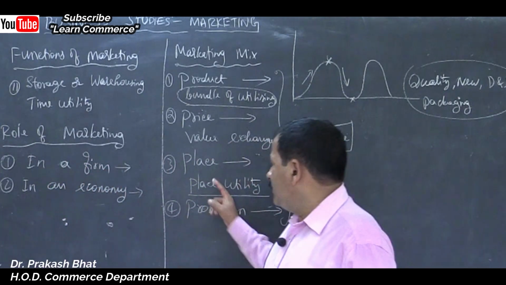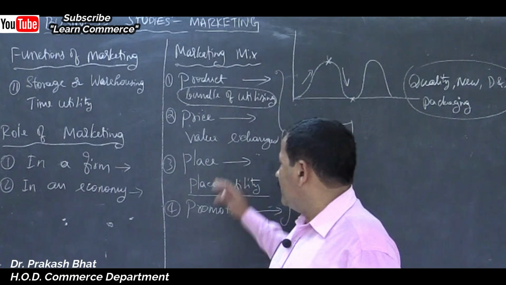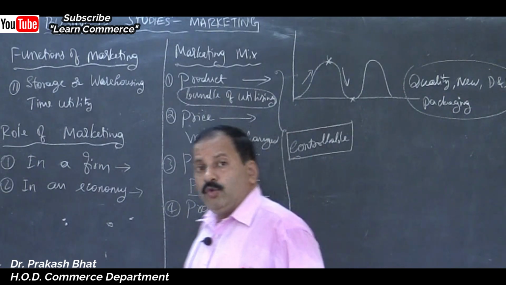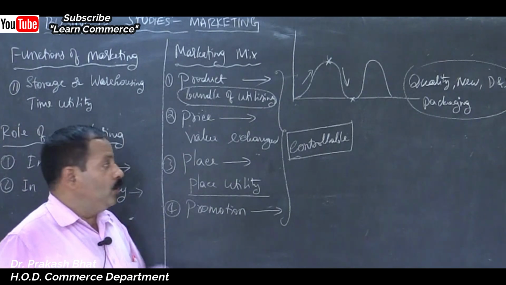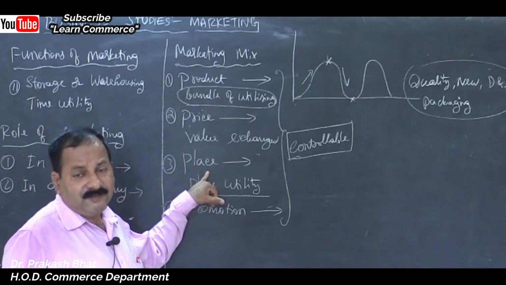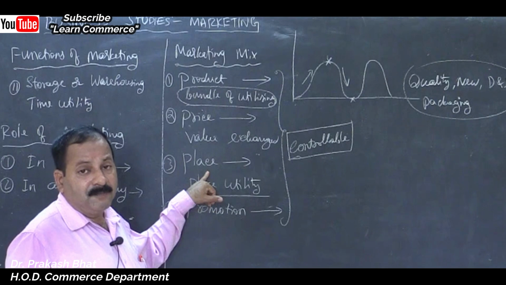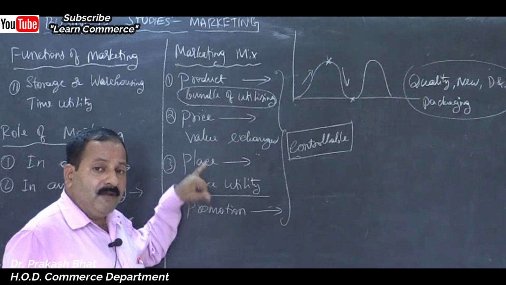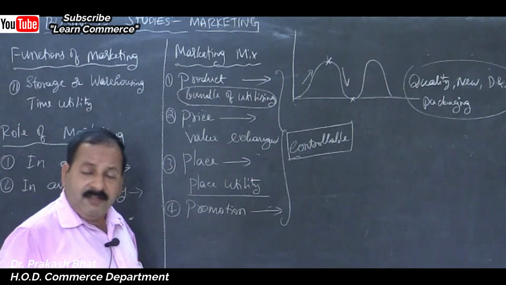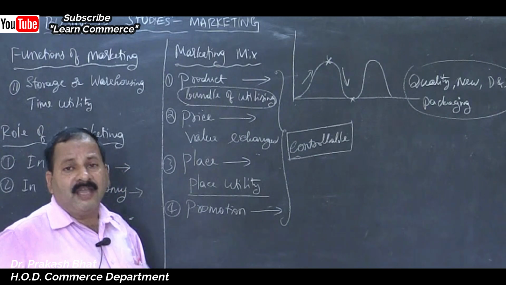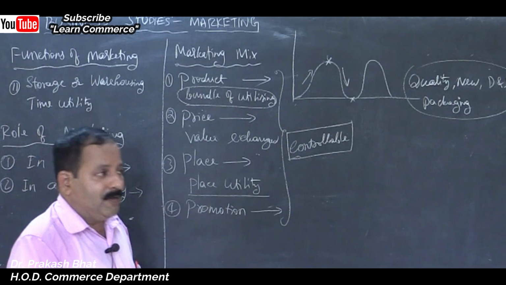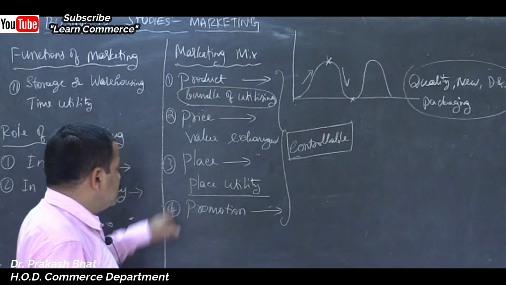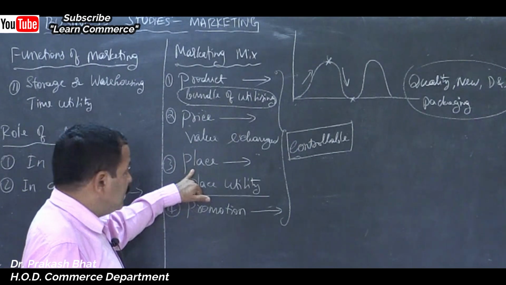You have to decide, isn't it? So that is another marketing mix element. You can decide on your own. You have full control over the place. That is, if you are shifting to some other place, that is in your hands. Whether to send it to that place or not is also in your hands. So you can stop supplying to that area where there is no demand. That is called place, which creates place utility.